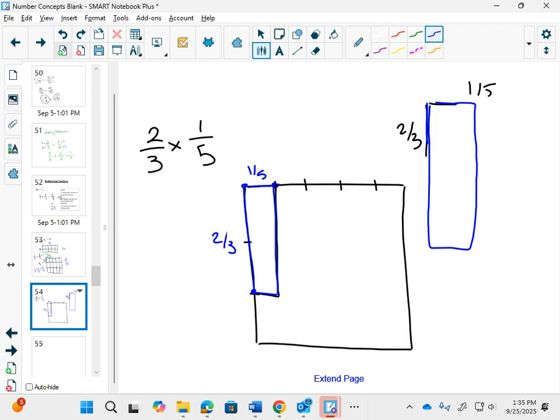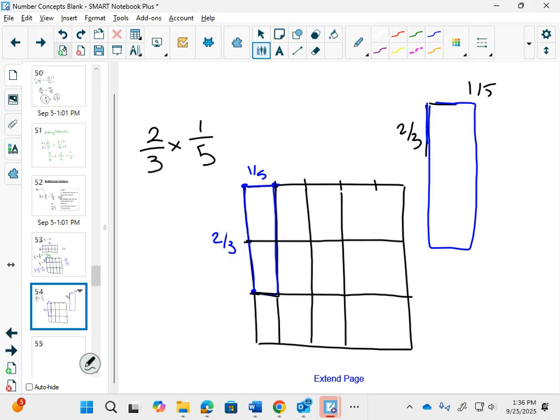Now, if I look at dividing this chocolate bar into 5ths and 3rds, I would get a chocolate bar with 15 pieces. One of those pieces is 1/15. My piece sizes are 15ths. How many pieces do I have in this rectangle? I have 2 of them. Okay? So we're seeing a reason why,